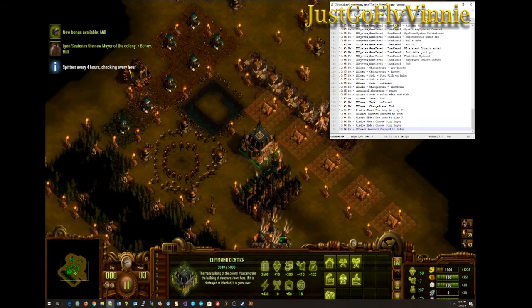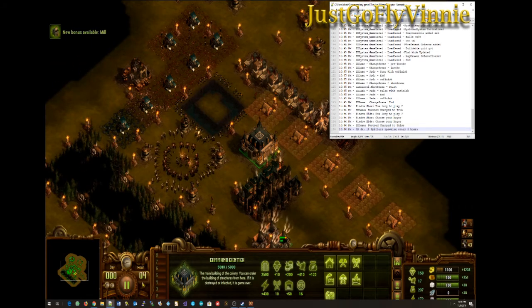Spitters every 4 hours, checking every hour. So there's our notification that was queued with everything else. There's our spawn right at hour 4. All right, that's generator A. All right, he'll come out at hour 8, and we should see over here on the top right,